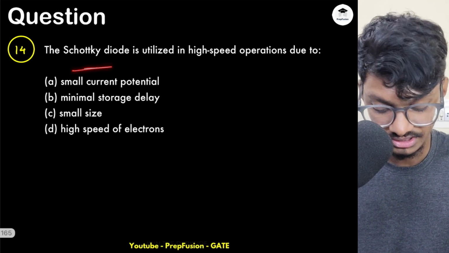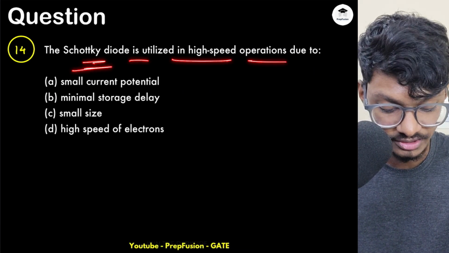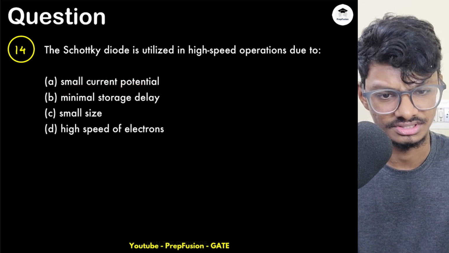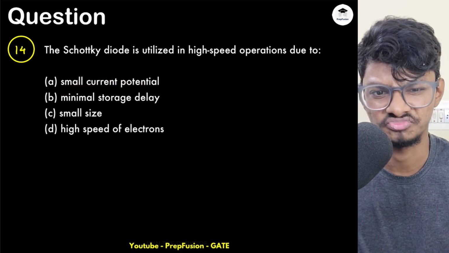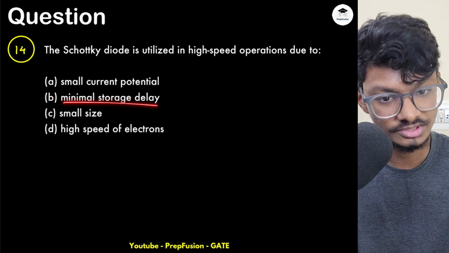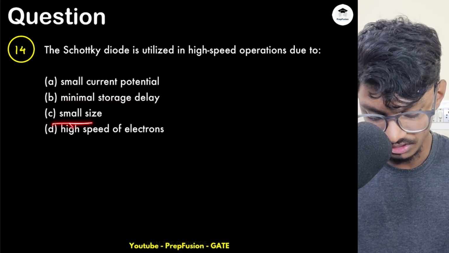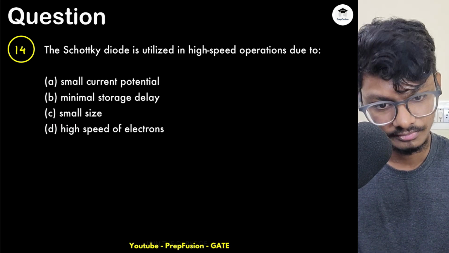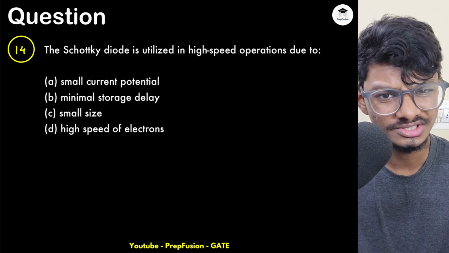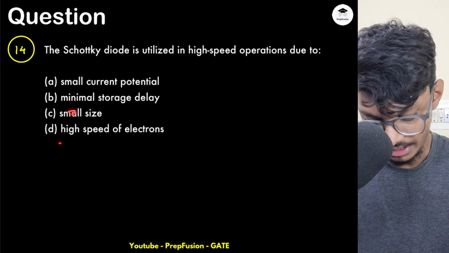So the next question is, the Schottky diode is utilized in high speed operations due to small current potential. Is this true? Small current potential, I don't know what it is talking about. Minimal storage delay, this can be true, right? This can be true. Now small size, we need small size, I'm using it. No. Now high speed of electrons,